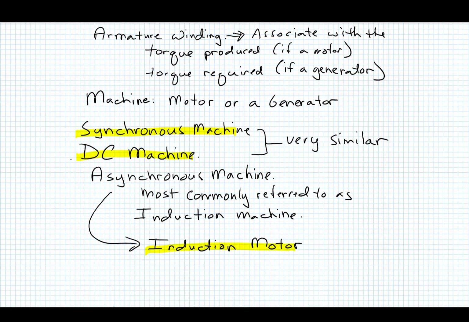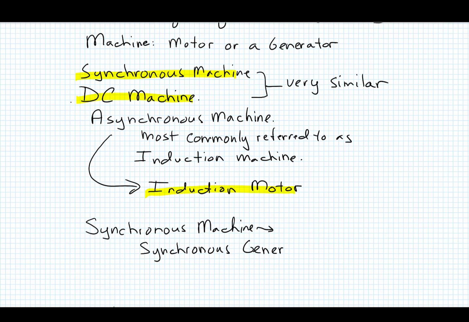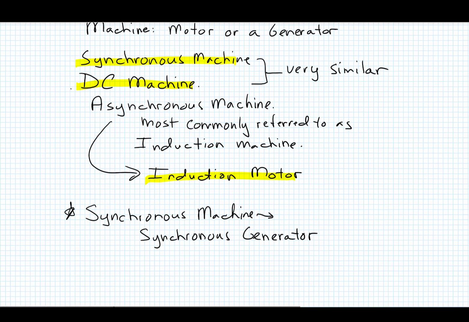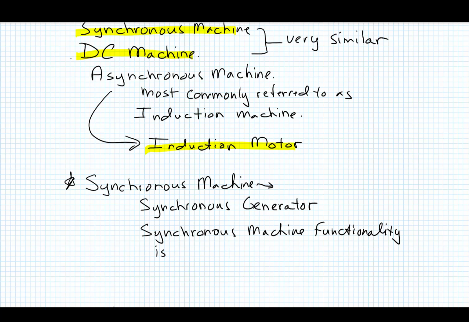The synchronous machine is very important in its use. It is really what is behind all of the power generation that we have in our world. So when you think of synchronous machines, the synchronous generator is behind every power plant that depends upon rotating motion to produce power. So this is one reason why a synchronous machine is really important. Another reason is that synchronous machine functionality is really the foundation of all controllable electrical power conversion